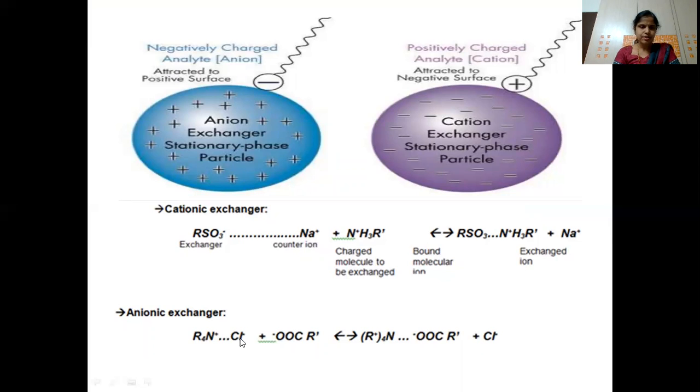Now in the next example, you can see an anion exchanger, N plus, a quaternary amine, which has Cl minus. Cl minus is the counter ion, which is an anion. Now it is reacted with the alkyl carboxylate group. This is again COO minus, which is the anion. Now this anion will get exchanged with the Cl minus. So you can see it is being associated with the nitrogen here, whereas Cl minus is being displaced, that is, it has been exchanged from the resin. So this is how the process actually goes in the ion exchange chromatography technique.